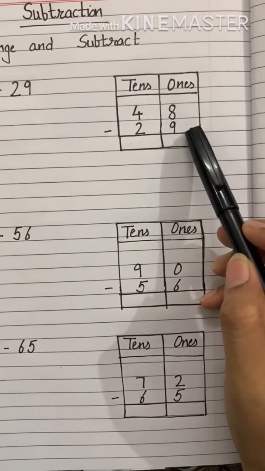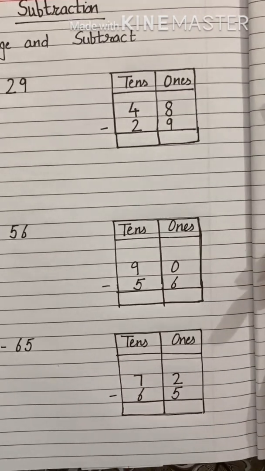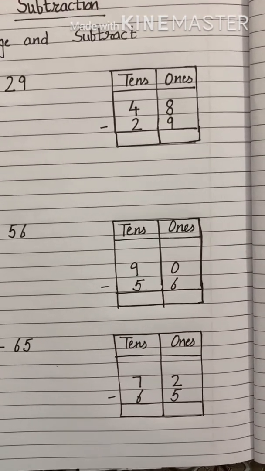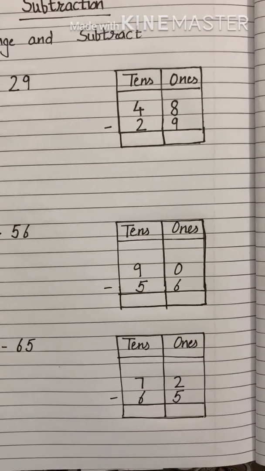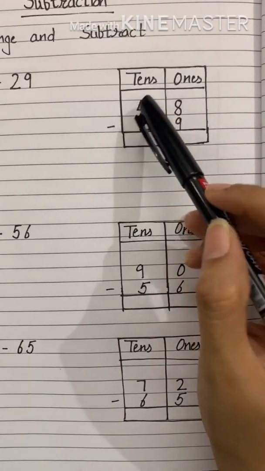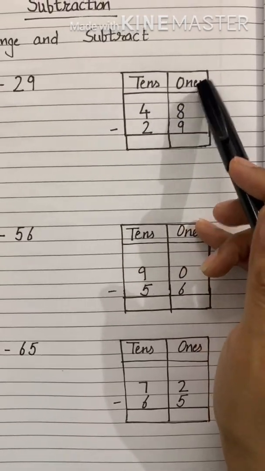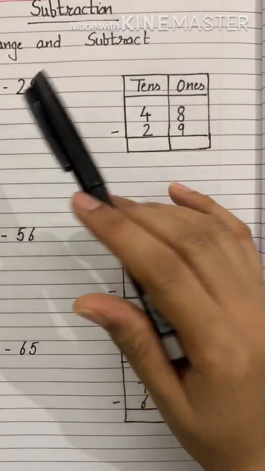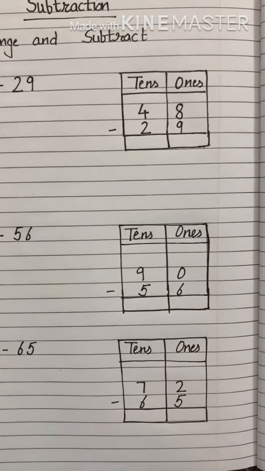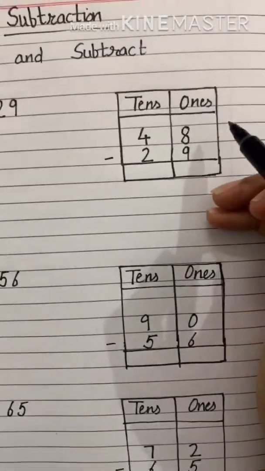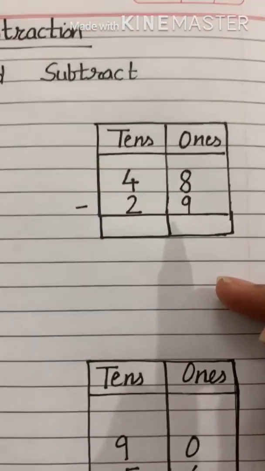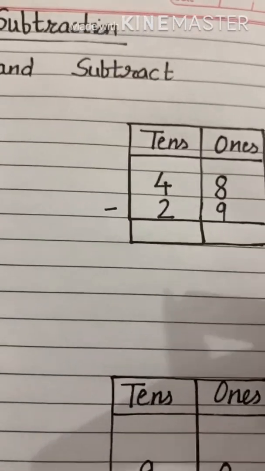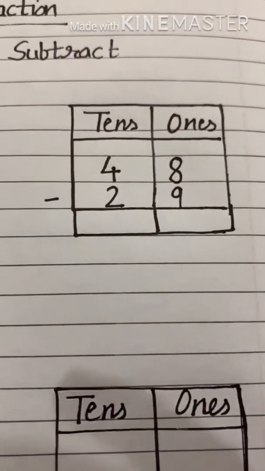Can we subtract 9 from 8? If I am having 8 candies, how can I give 9 candies to somebody? Is it possible? No, it is not possible. But when we are talking about numbers written like this, in ones place, tens place, hundreds place, and so on, then there is an option. What is that option? Borrowing. You understand? To lend something from someone. So the numbers also lend.